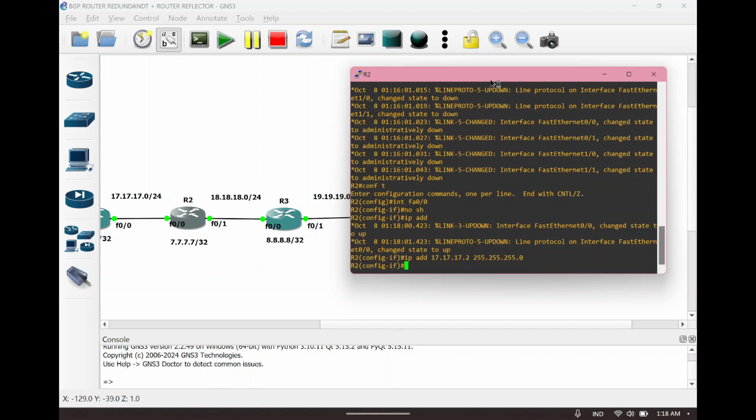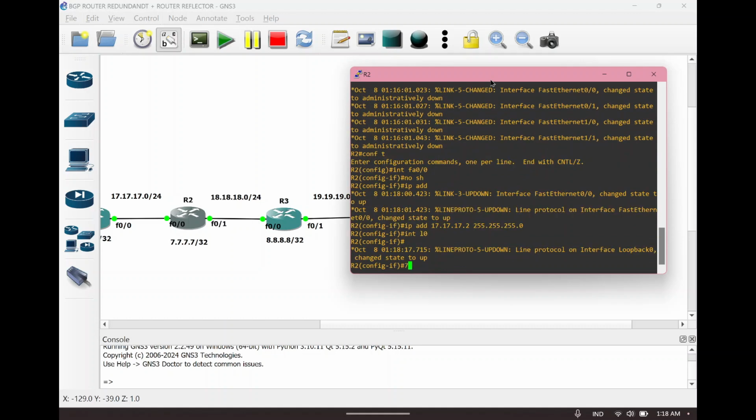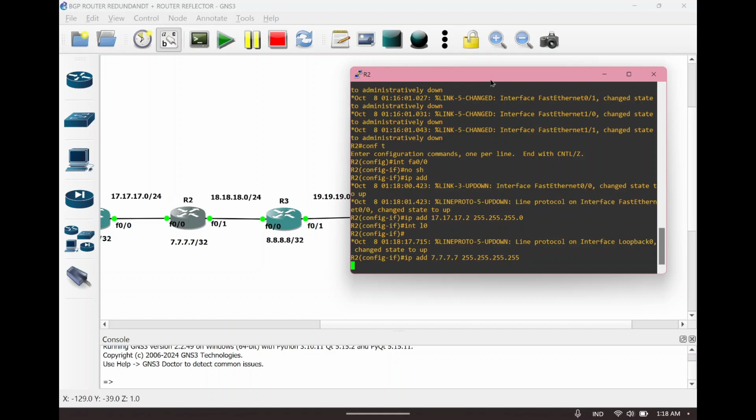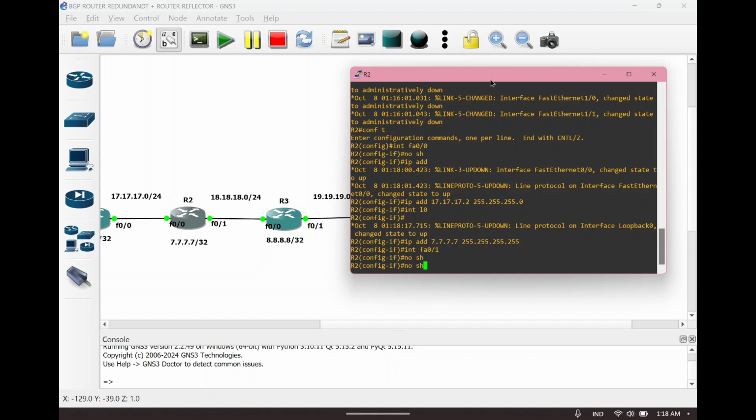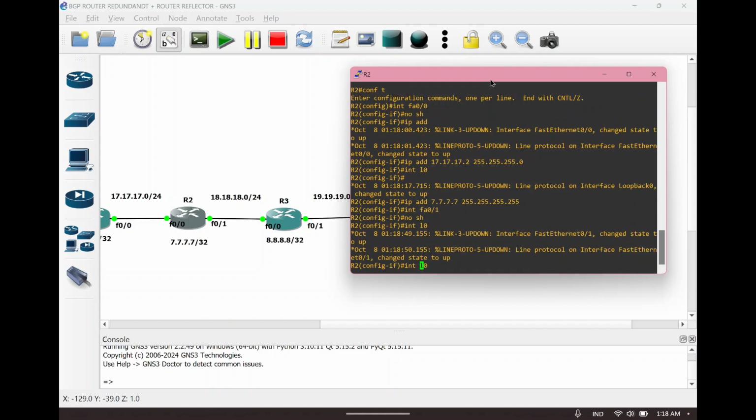Then enter the interface loopback for this router, 7.7/32. And don't forget to enter the IP for the port connecting to router number 3, and type no shutdown, which turns on the port and makes it functional.